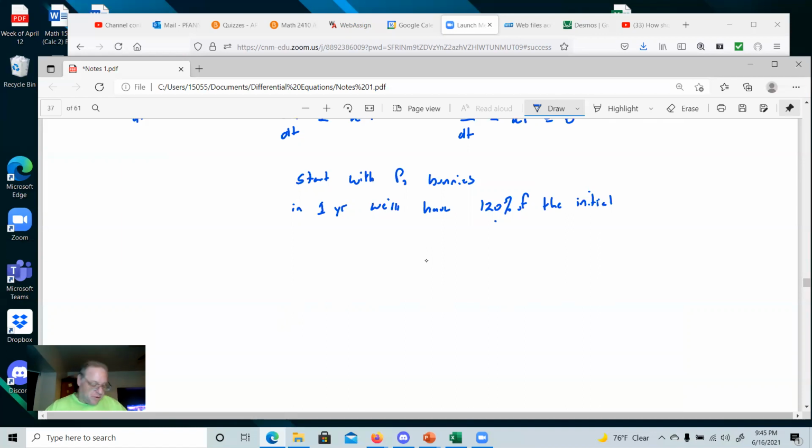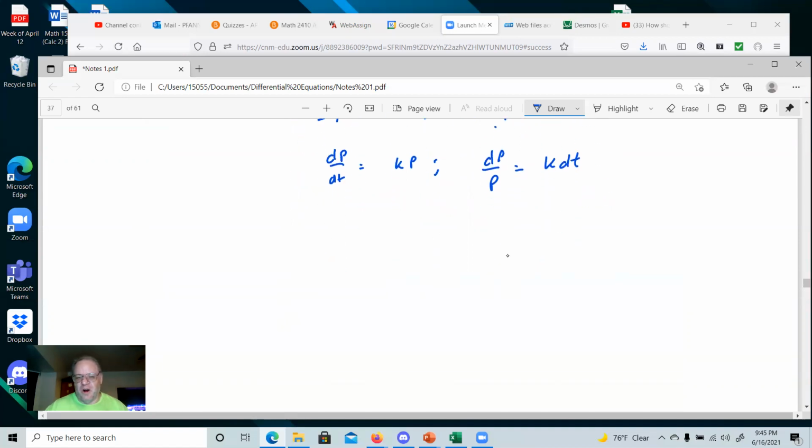So what we're going to do is say dp/dt is equal to kp. Let's go ahead and solve this. This will be the nicest question I ever give you. And then all we have to do is say the natural log of p is equal to